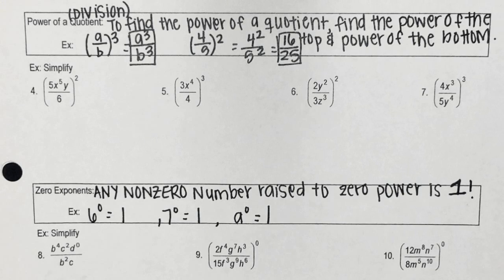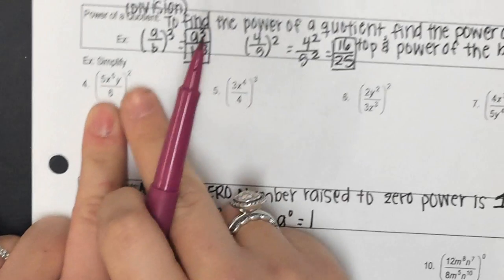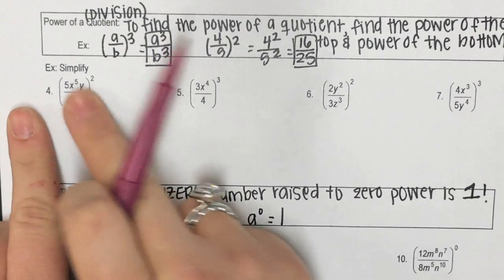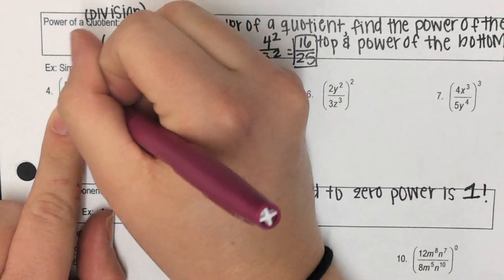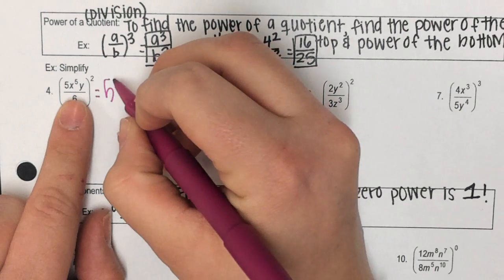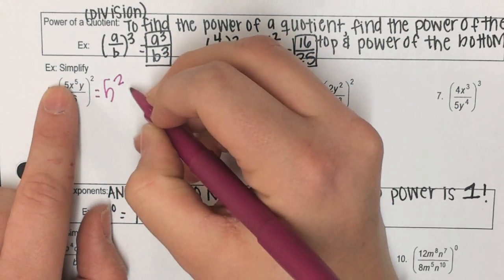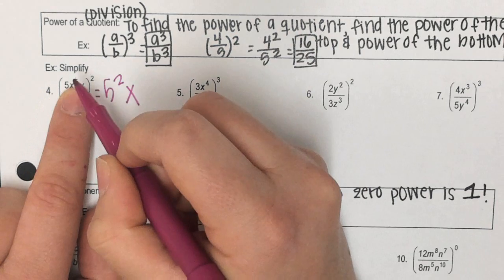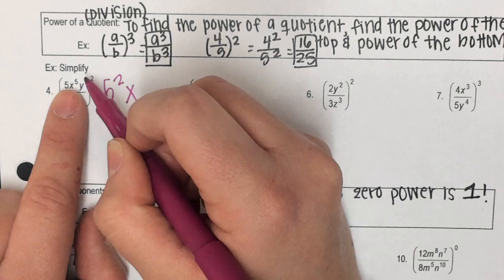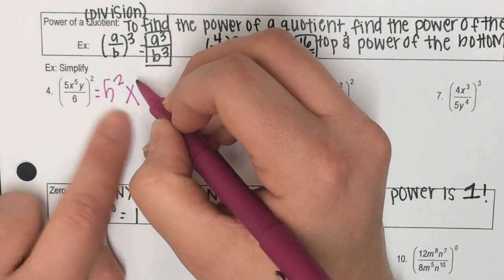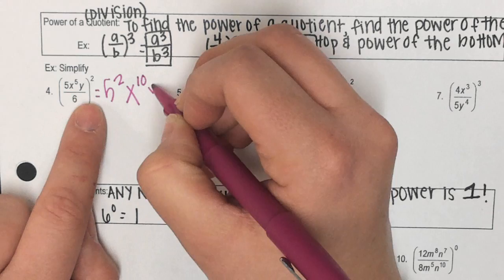All right, box number 2. This is just like our property number 2 from multiplication. If anything is raised to the second power, we have to raise everything inside the parentheses to the second power, top and bottom. Everything. So this becomes 5 to the second power. What happens when I have an exponent to a power and then I have another power? I have to do what? Multiply. So this becomes x to the 10th, y to the